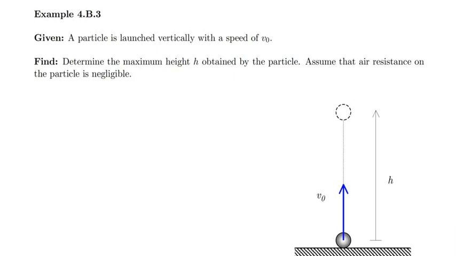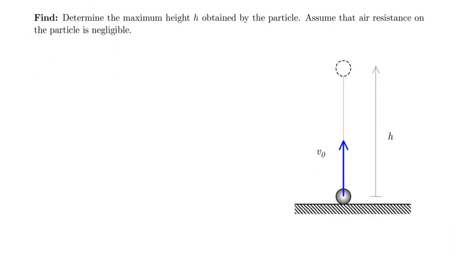Okay, this is a very classic work energy problem. What we have here is a particle, which is launched vertically with an initial speed of v0, and we're asked to determine the maximum height h obtained by the particle, assuming that air resistance is negligible. Okay, so since we're looking for a change in position given a speed, we know this is going to be